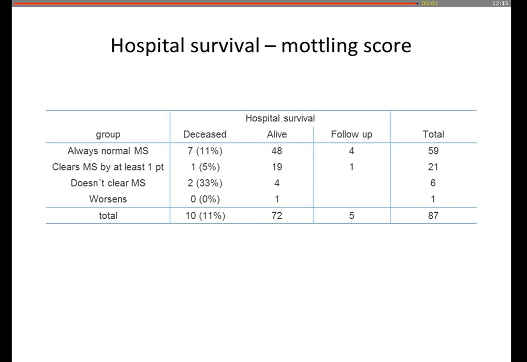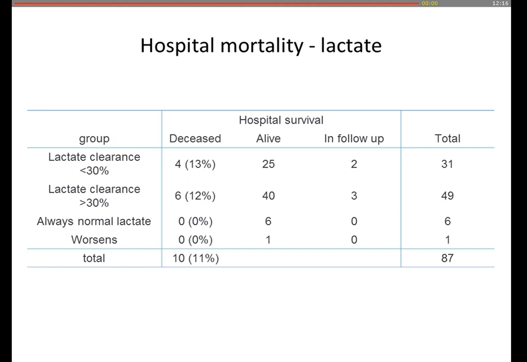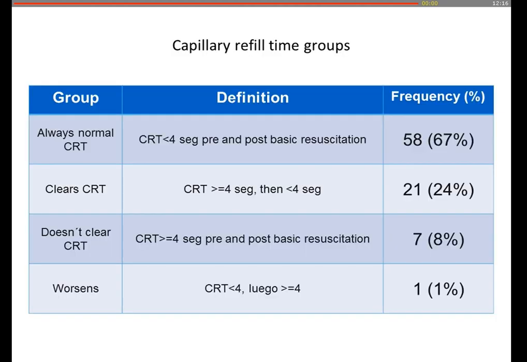Now, if you look at the Modling score as developed in France, patients that always have a normal Modling score have a low mortality, and patients that have abnormal and don't normalize their Modling score have a 33% mortality. Not a huge mortality signal. If you look at lactate, basically the same. Lactate decreases in all patients. It's not extremely abnormal, but 3.5 is absolutely abnormal. And the significant change in lactate doesn't really discriminate in mortality, as you can see from these numbers.